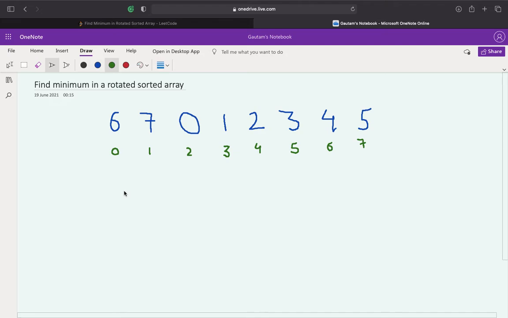That's easy. Now an optimization over this is that we need to reduce the O(n) time complexity to O(log n) complexity. So the idea is to use the binary search algorithm.